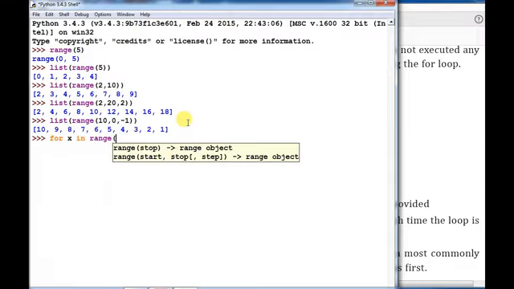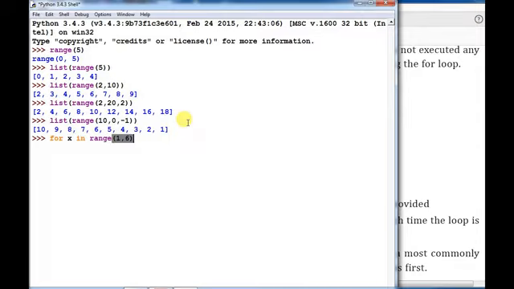Range will ultimately generate a list of values. I want to print 1 to 5, so I am giving 1 to 6, because it generates from the starting number to the last number minus 1. So 1 comma 6 and then the colon symbol. After the for statement we have to place a colon symbol, then press enter, and then pass this statement: print x. So for x in range 1 comma 6.